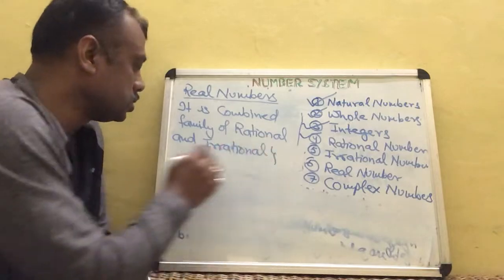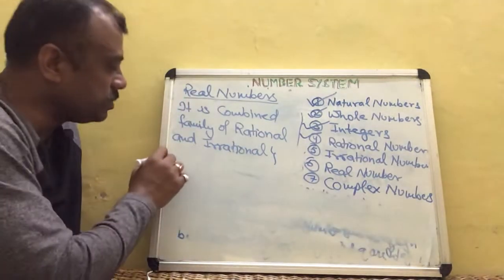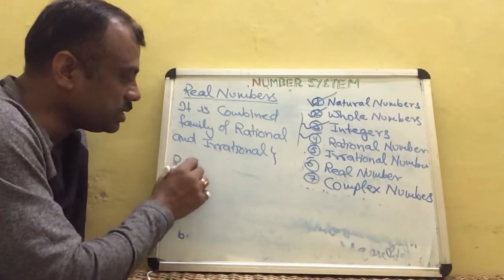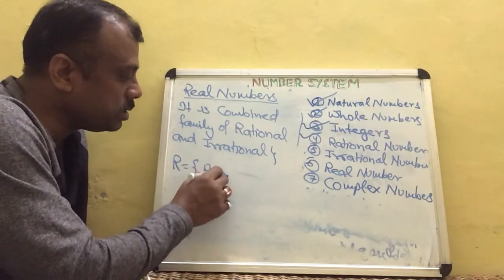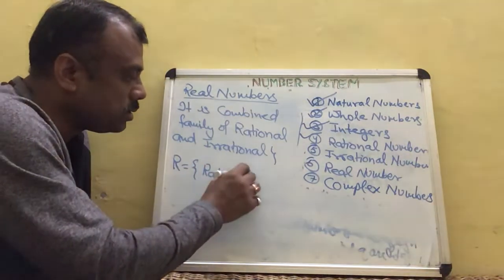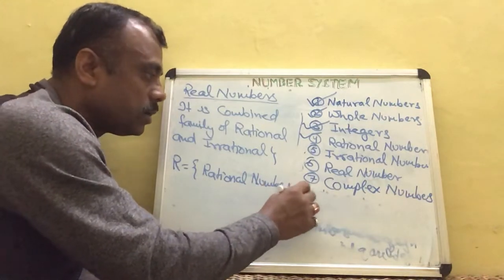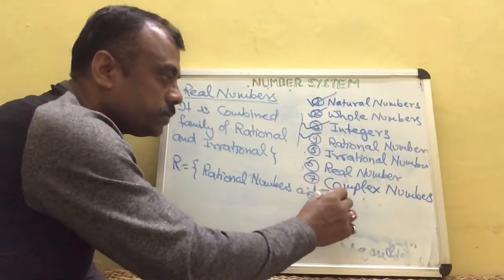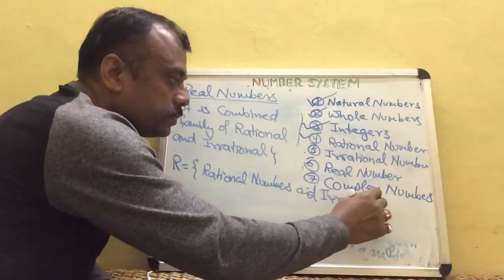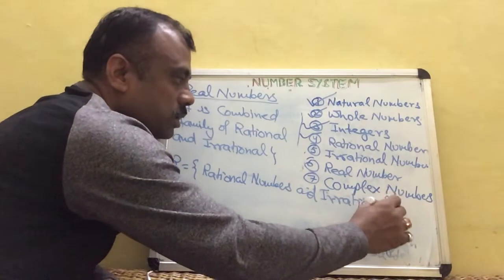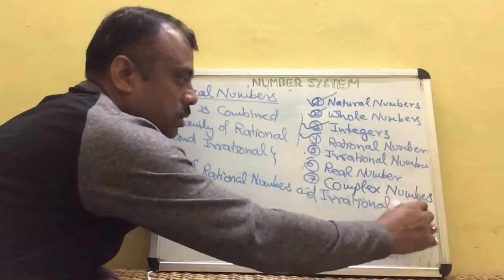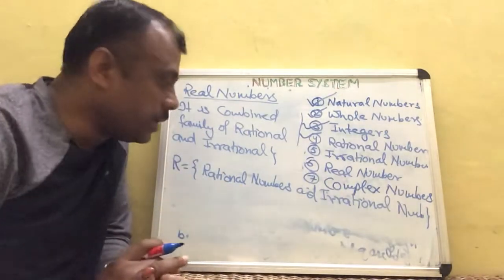Okay, and we represent it by R, so R can be written as rational numbers and irrational numbers. Okay, and very interesting,